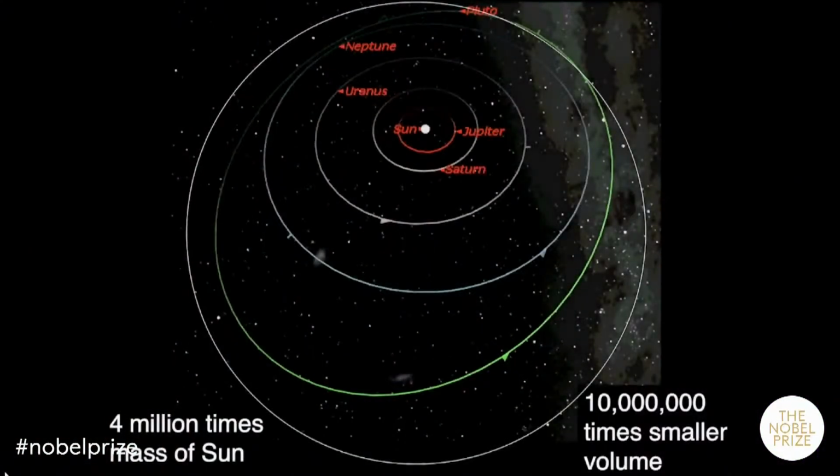So there are a couple of things to point out here. If we think about our own solar system, there's one sun worth of material there, effectively. Now we have the same region with 4 million times the mass of the sun crammed into it. And this has actually increased the evidence for a supermassive black hole by a factor of 10 million.